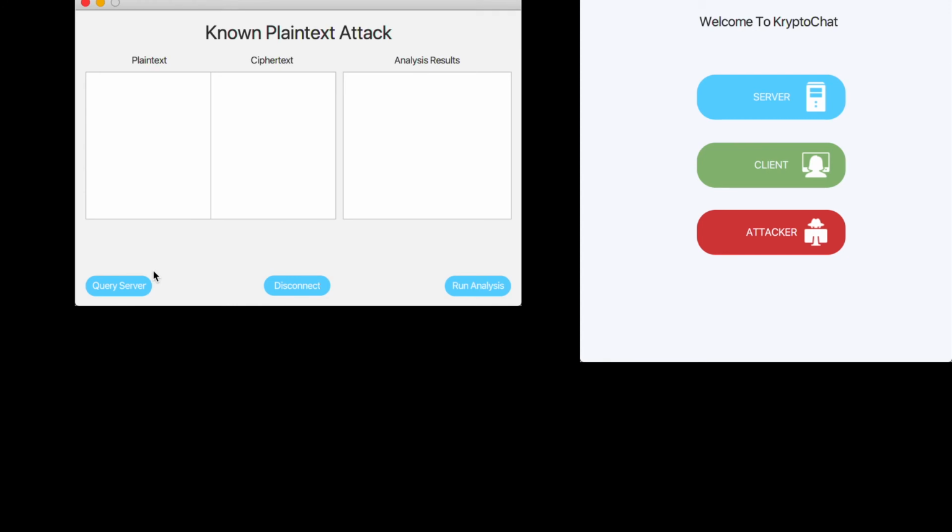So I'm gonna query the server. Now that I've queried the server, the server had stored some conversation. The way the system is designed, there are two people talking right now, their conversation is happening, and the server is storing that conversation. And now this attacker is trying to find out what they're talking about,